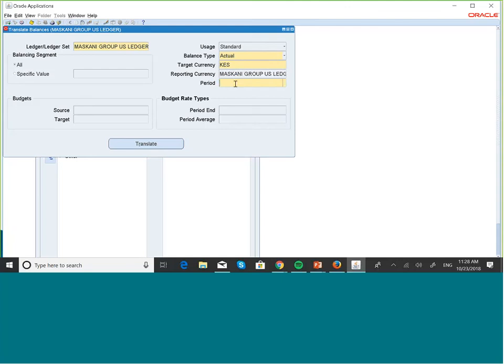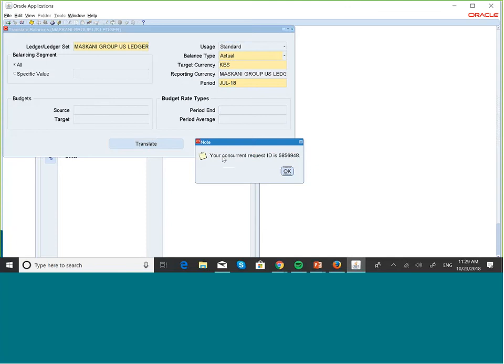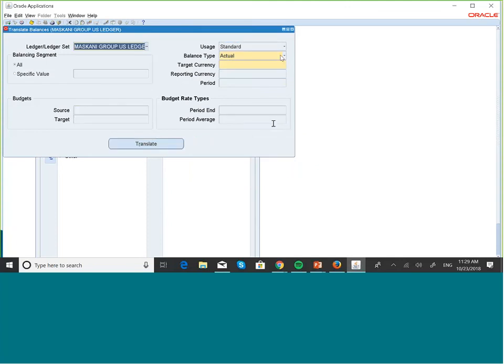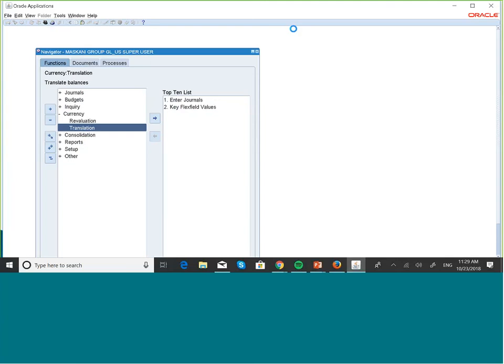And then now we have to select the period for which we want to do translation, and that is the period July 2018. These options are grayed out because we don't have anything to do with budgets. We are doing actual balances. And once we've done that, we can go ahead and select translate, and we have an ID here. So we can close the screen,